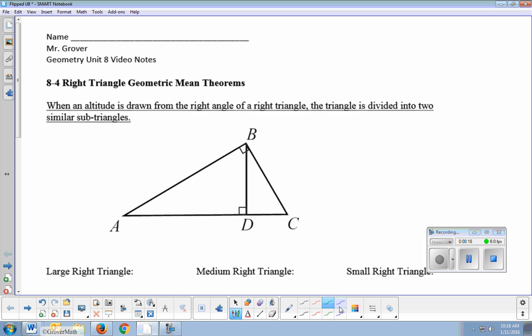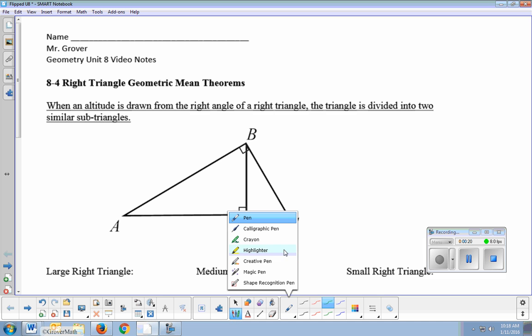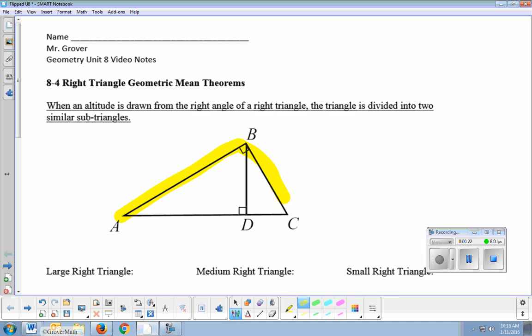So the original triangle we were working with here was this triangle ABC. And B was the right angle, AC is the hypotenuse. So an altitude goes from an angle to the opposite side. It has to be perpendicular to the opposite side. So that's what this is. This is an altitude drawn from right angle B to the hypotenuse, and it's perpendicular